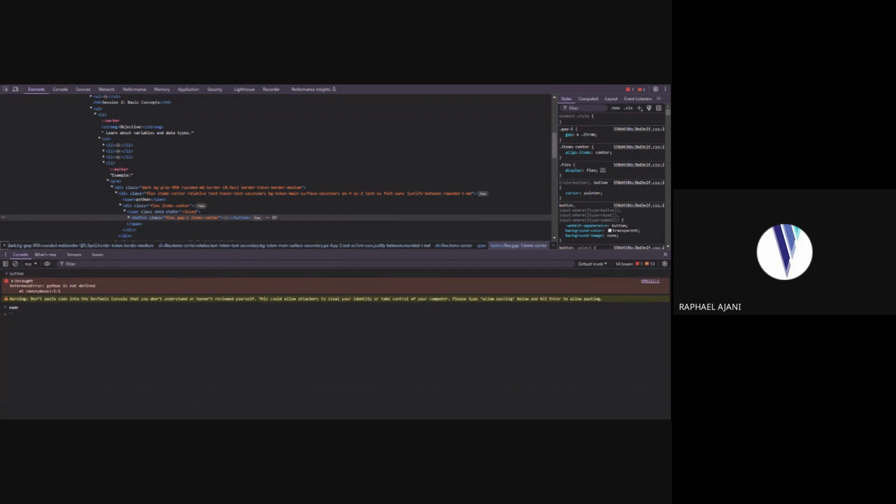If I type name equals to Alice, and I put age equals to 8, and I put height equals to 0.5,